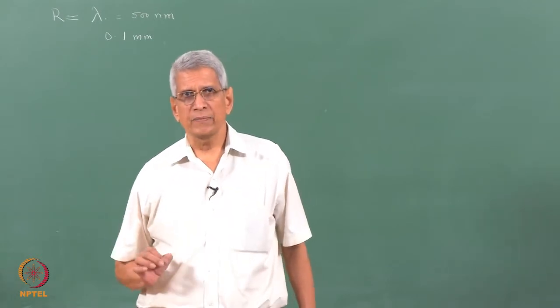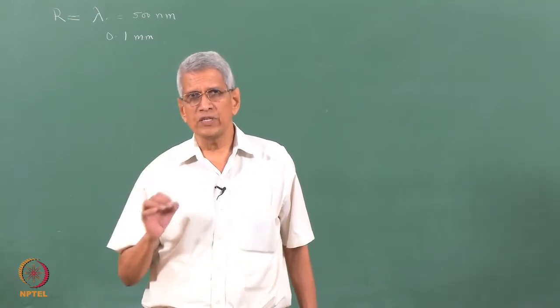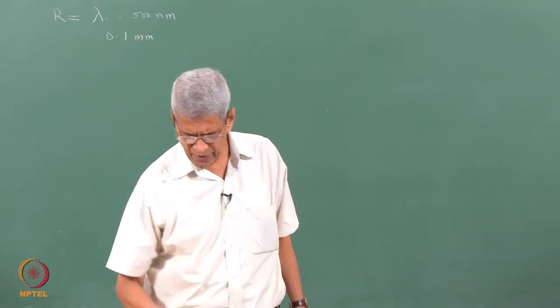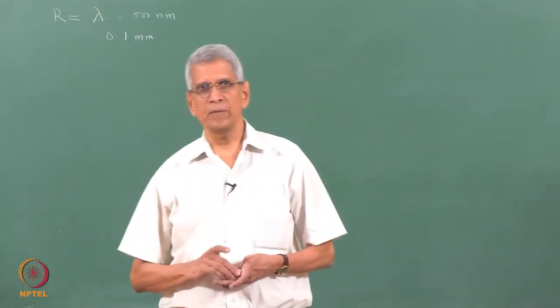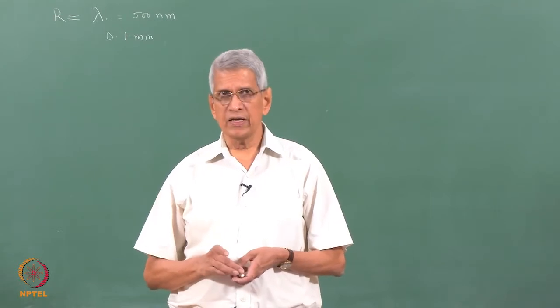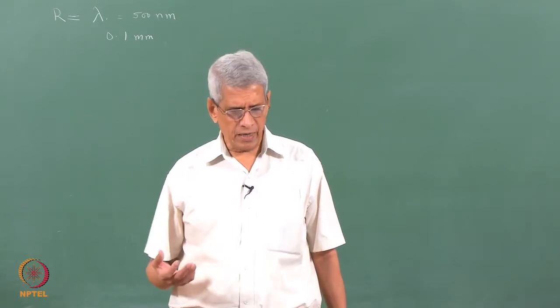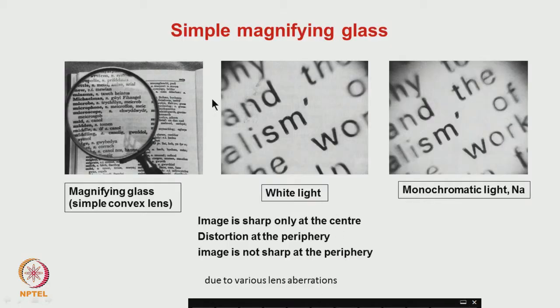But when we use a lens, what are the characteristics which the lens should have? One of the characteristics is that it should do a faithful reproduction. The simplest case is a magnifying lens which we normally use when we can't read objects properly. With a lens we are trying to magnify objects. This side you can see the normal image, and here is the magnified image.